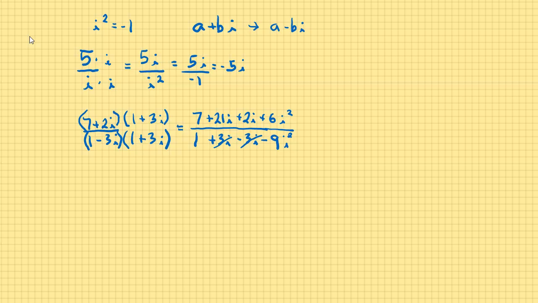Well, you might be asking, okay, what about the i squared here? Well, that is -1. So we can get rid of the i there also. So let's continue this way. I'll work on the top first. So we have 7 plus 21i and 2i. That's going to be